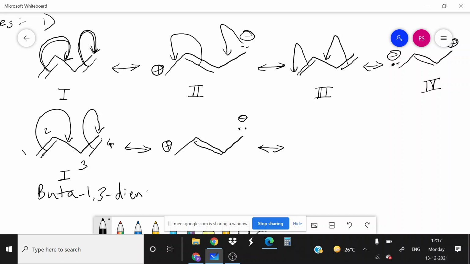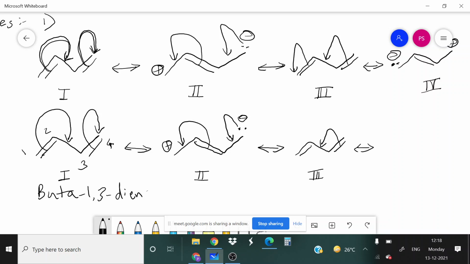Now the next structure. All these structures are separated by a resonance arrow. Structure number 1 and structure number 2 are Lewis structures, or canonical forms, or resonance structures. Now I am going to shift these electrons in the backward direction so that I will get again structure number 3. Structure number 3 and structure number 1 are the same. Now shift the electrons in this manner. So you will get a lone pair of electrons here, a double bond here, and a positive charge on the extreme right carbon, that